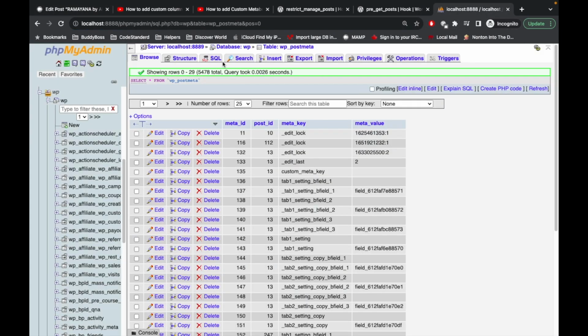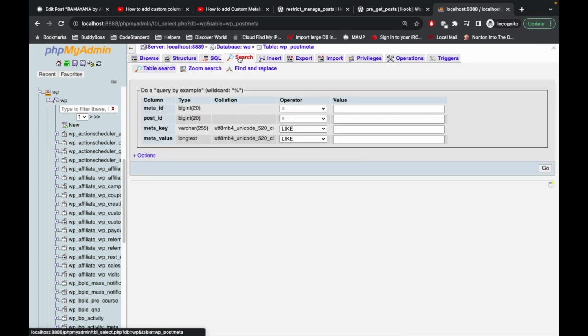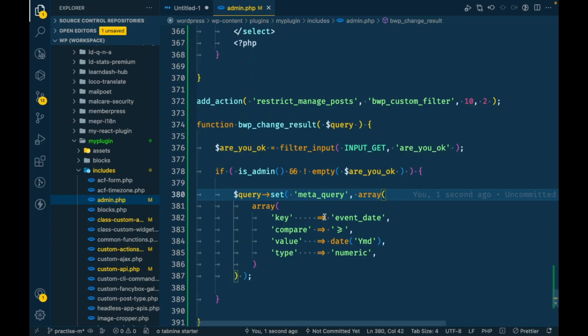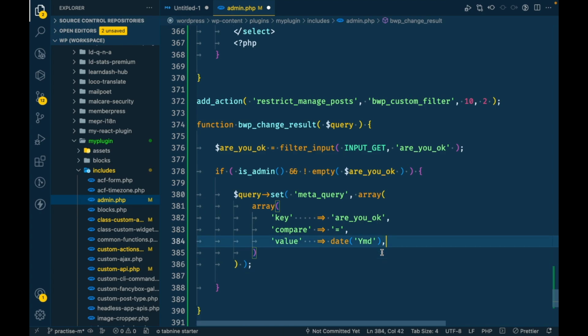I'm going to copy this and search. So this is the meta key we are storing that metadata in. So I'm going to use this meta key, equal to, we don't need type, value is